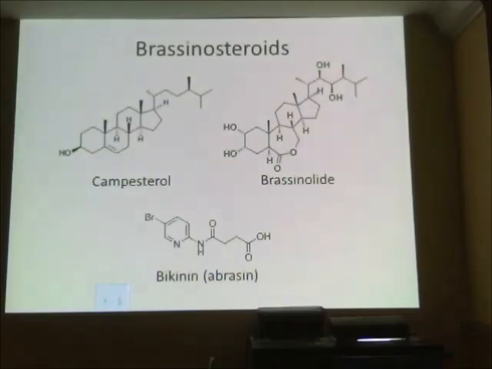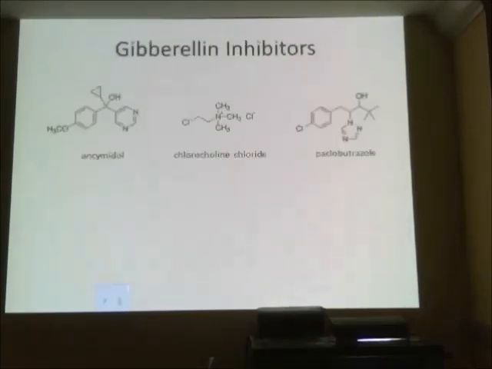Now, all the compounds that I've talked about so far seem to have something to do with increasing the growth of a plant, and there are actually what are called PGR antagonists. These are compounds that inhibit or slow plant growth. So these are diverse, very structurally different compounds here, and chlorocholine chloride, which is actually close to a natural product. If this had an OH group in here instead of a chlorine, this would be choline chloride, and choline is what gets